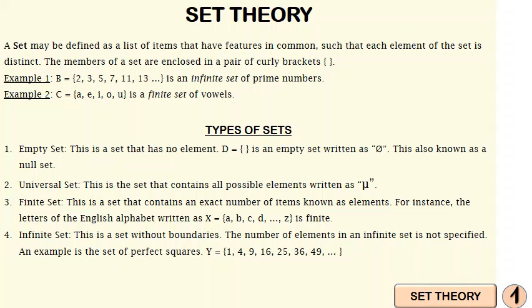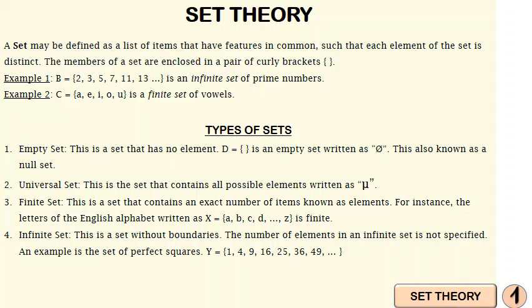And as we mentioned earlier, we have the finite set and the infinite set. A finite set is a set that contains an exact number of items. For instance, the English alphabet consists of 26 letters, which makes it finite. On the other hand, an infinite set is one that has no boundaries. The number of elements in an infinite set cannot be specified,